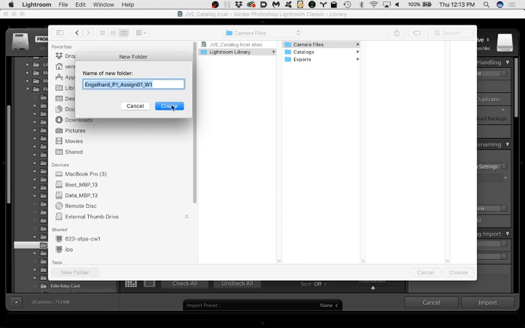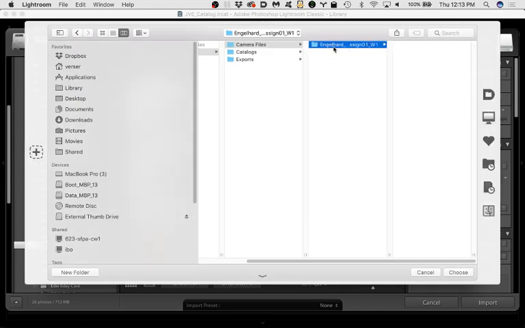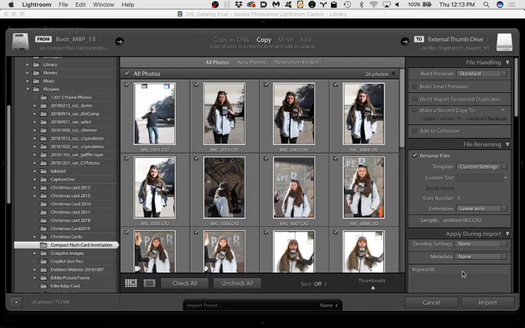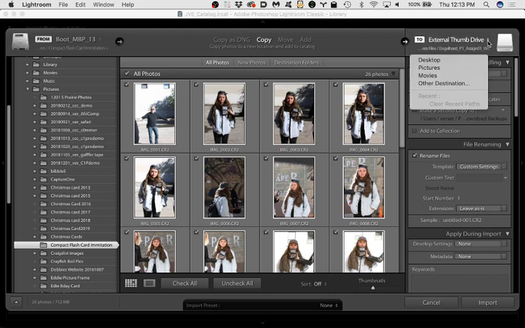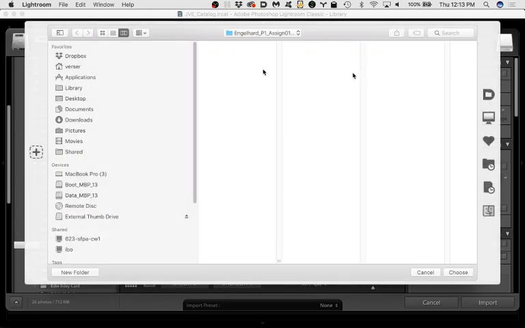And then I'm going to hit Create. That actually puts that folder inside my camera files, and then I'm going to click Choose. That says that's the place that I actually want to send this. So that's how we would actually do this in the beginning part of this. The option B would be if you have already developed this folder, then what you would do here is, again, you would come over, click on this drop-down menu, go to Other Destination, and you would simply navigate to that folder